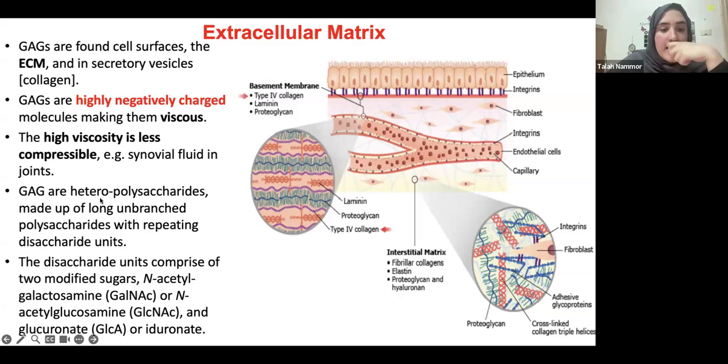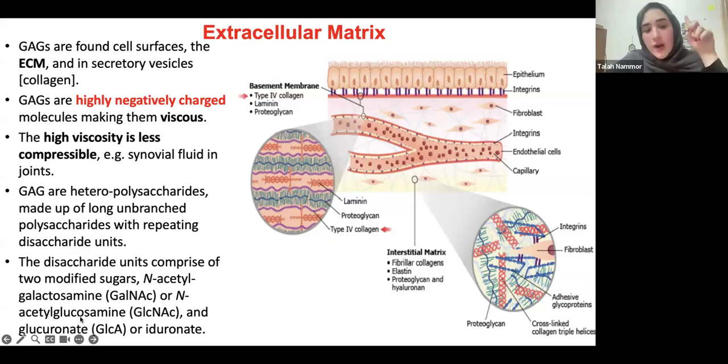Now, they're heteropolysaccharides made up of long unbranched polysaccharides with repeating disaccharides. So we have a lot of polysaccharides, and these polysaccharides have disaccharide units. These disaccharide units are the important ones because they're the things we're going to keep on talking about. The disaccharide units comprise two modified sugars: N-acetyl galactosamine or N-acetyl glucosamine,